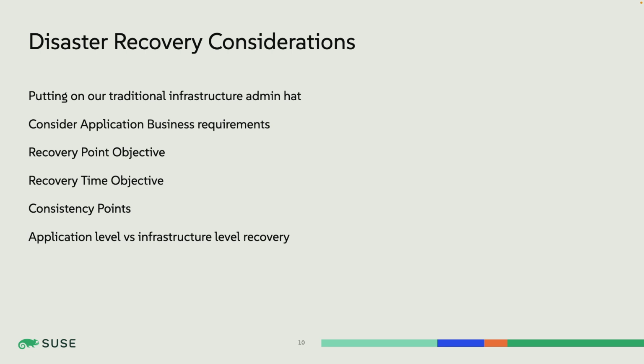Of course, we're always going to start with the business requirements. Those initial thoughts that Janet brought up about how much an application outage is costing you is an important place to start. Because, of course, we can architect disaster recovery in a myriad of ways. From, hey, we have a full day to get up, it really doesn't matter, my business is selling barbecue, and my web presence isn't the thing that sells me barbecue, all the way to I know how many thousands of dollars a minute my infrastructure being down is costing me. So make sure you have those conversations, especially with business owners and application owners.